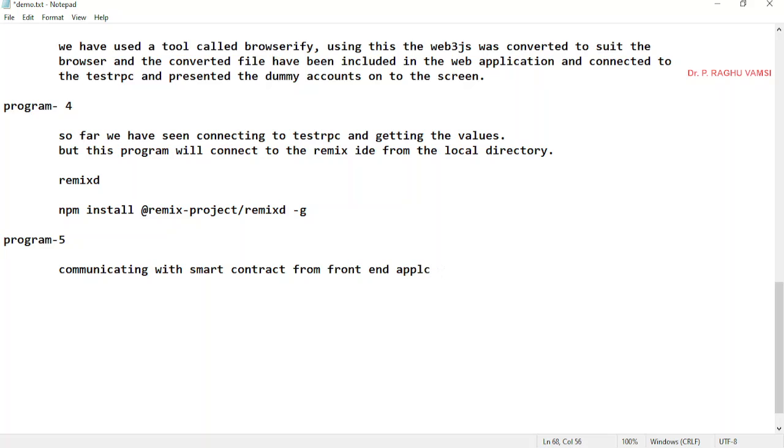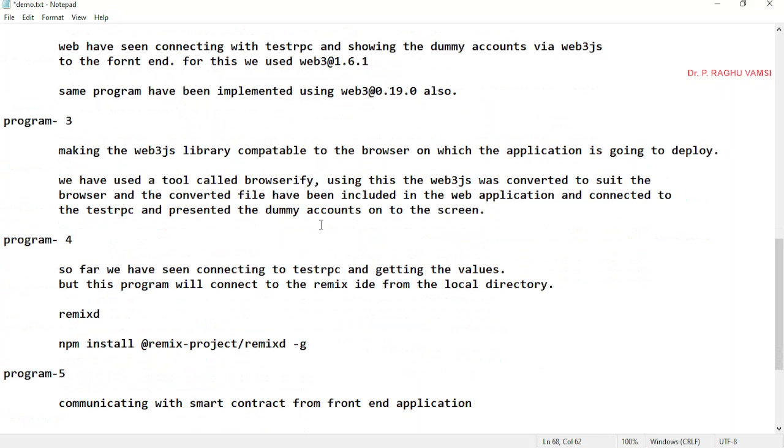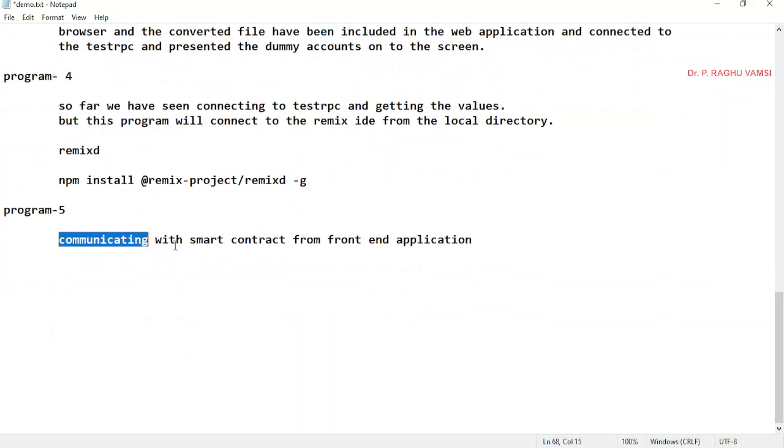We have only seen how to communicate with the test RPC, how to get the accounts from the test RPC, and how to communicate with the Remix IDE. Now we'll see communicating with the smart contract from a front end application. That is what program 5 is all about.